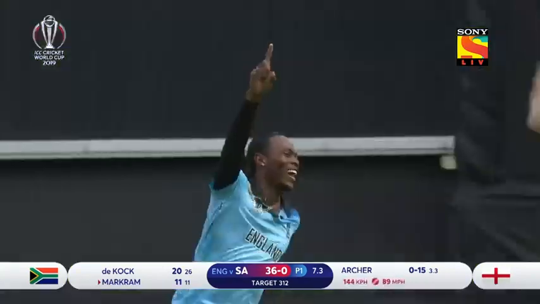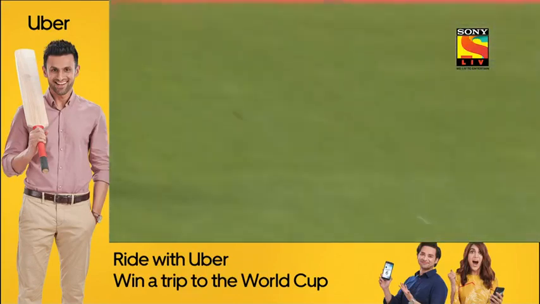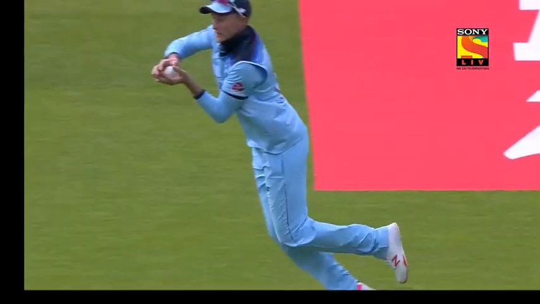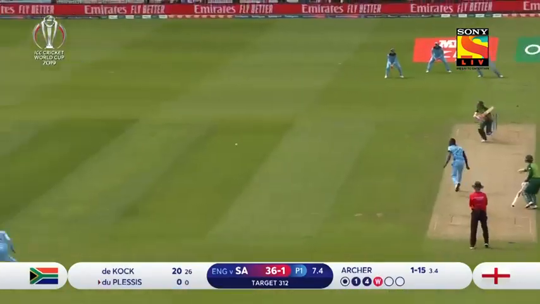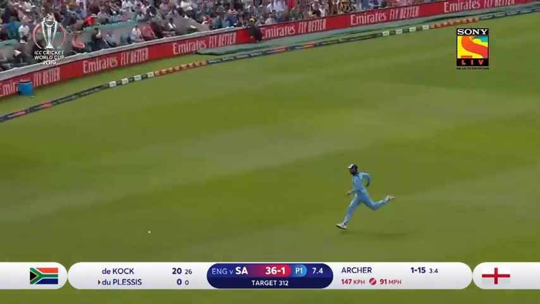Out. Joe Root doesn't miss. Jofra Archer. Finds the gap. It's quickened up the outfield here at the Oval.